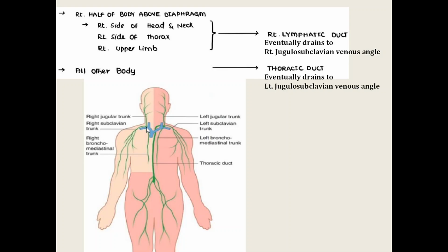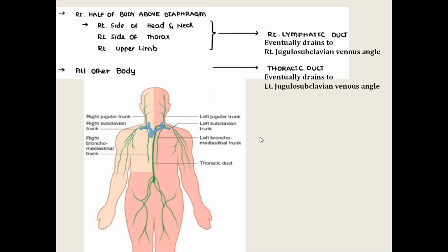Now let's look at the other side. See, all the rest of the body, except for the right half of the body above the diaphragm, is drained by thoracic duct. See, this is the thoracic duct going upwards, and right at the left jugulo-subclavian venous angle, the thoracic duct will drain. Alright, so the thoracic duct will eventually drain into where? The left jugular vein and the subclavian vein angle. So right here,